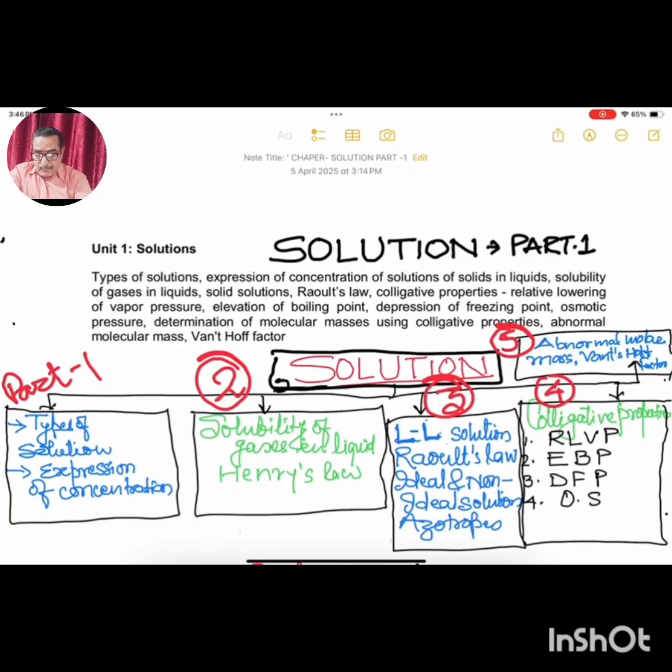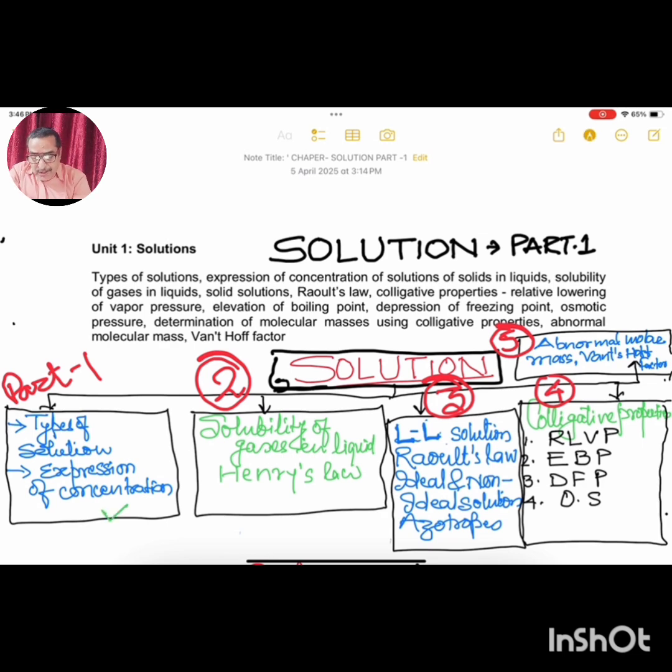Dear students, in continuation of my teaching video, the second part, I start the first chapter of physical chemistry: Solution. As you go in the syllabus as published by CBSE,